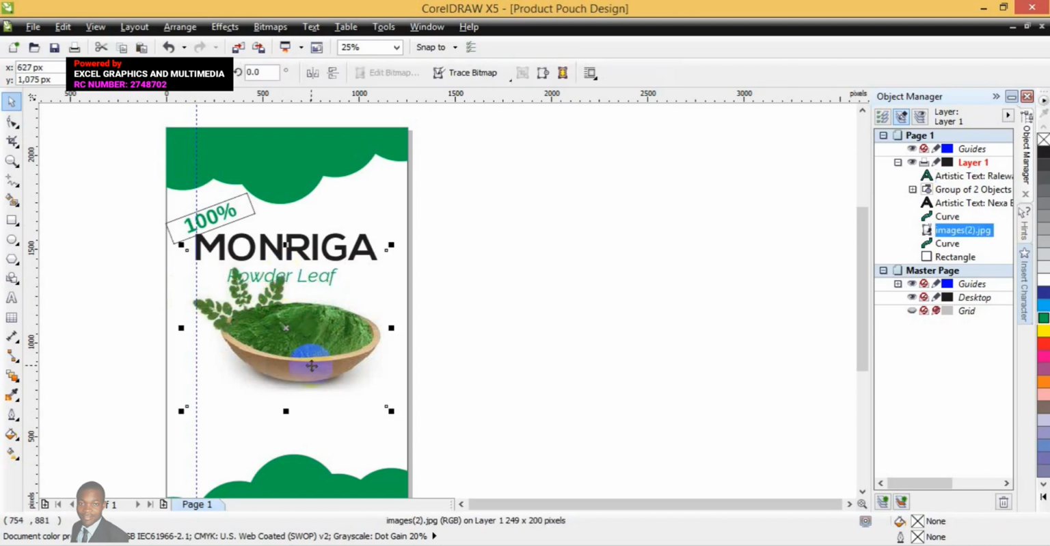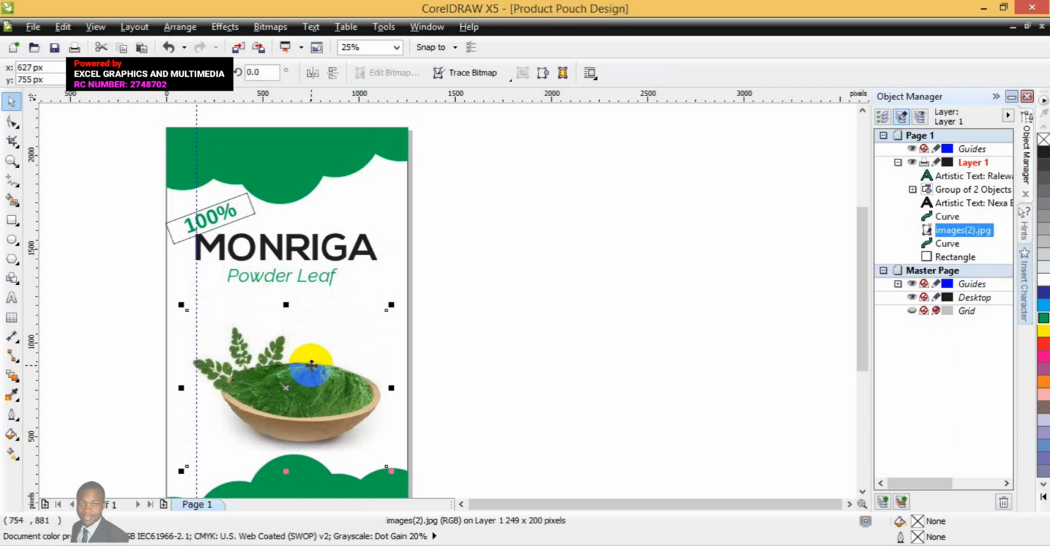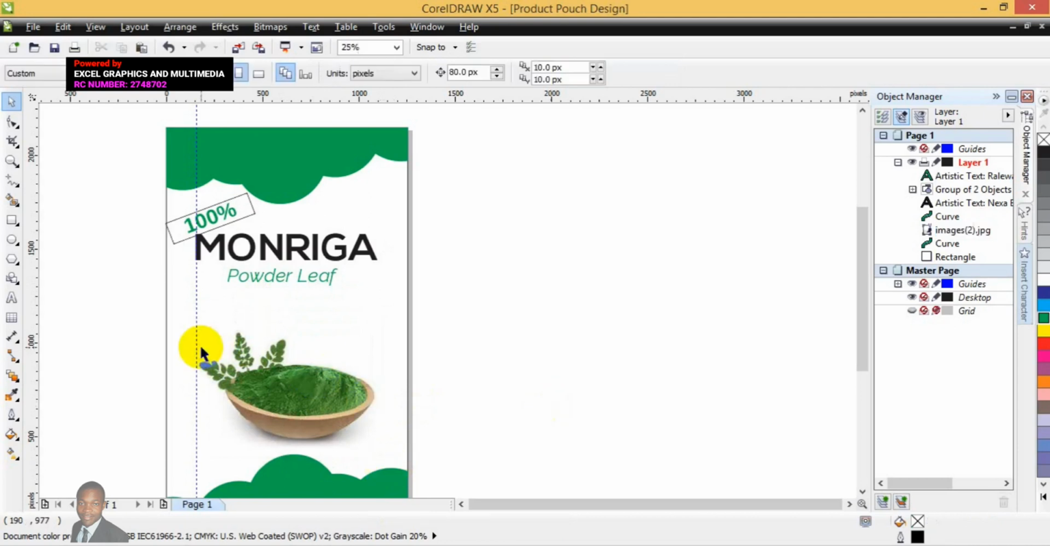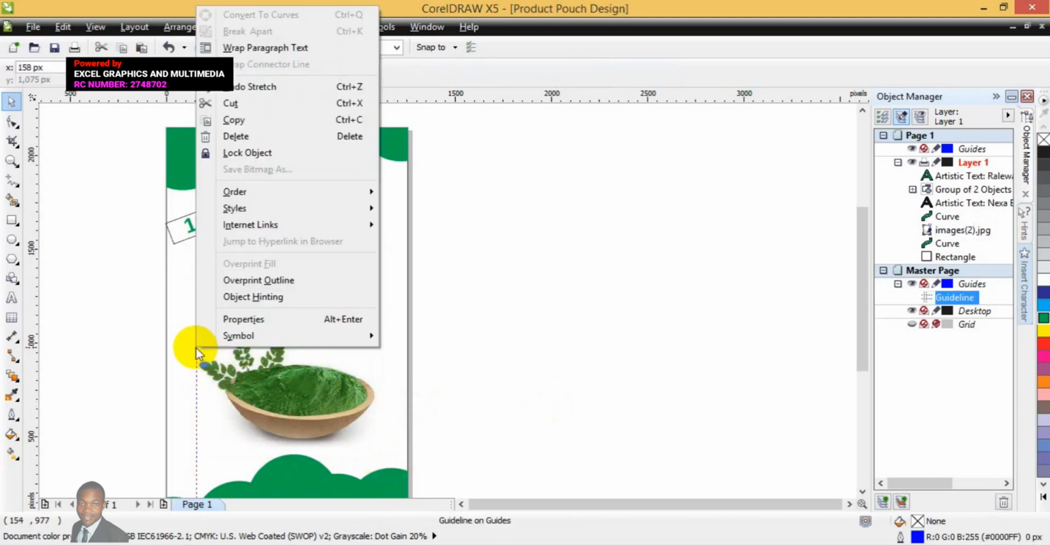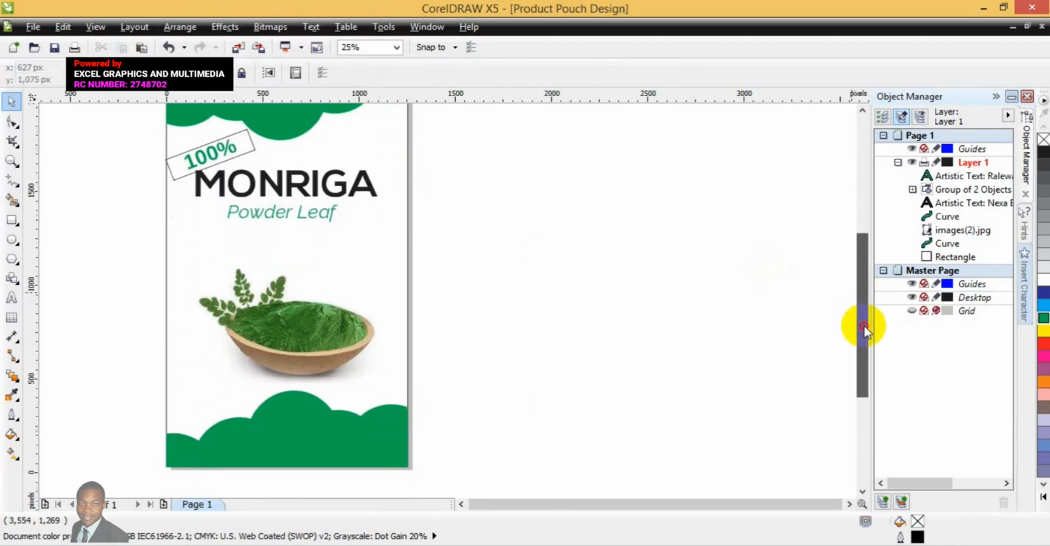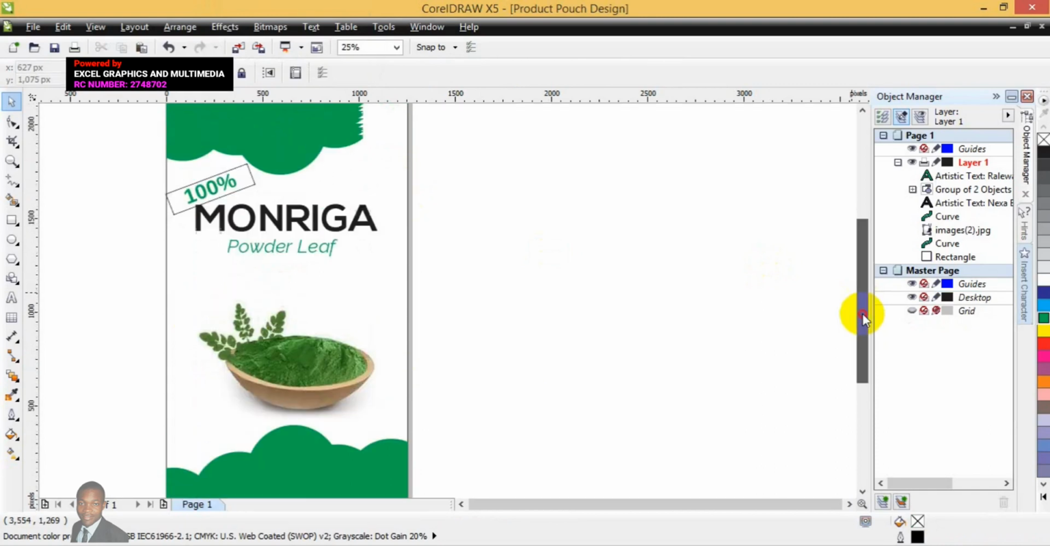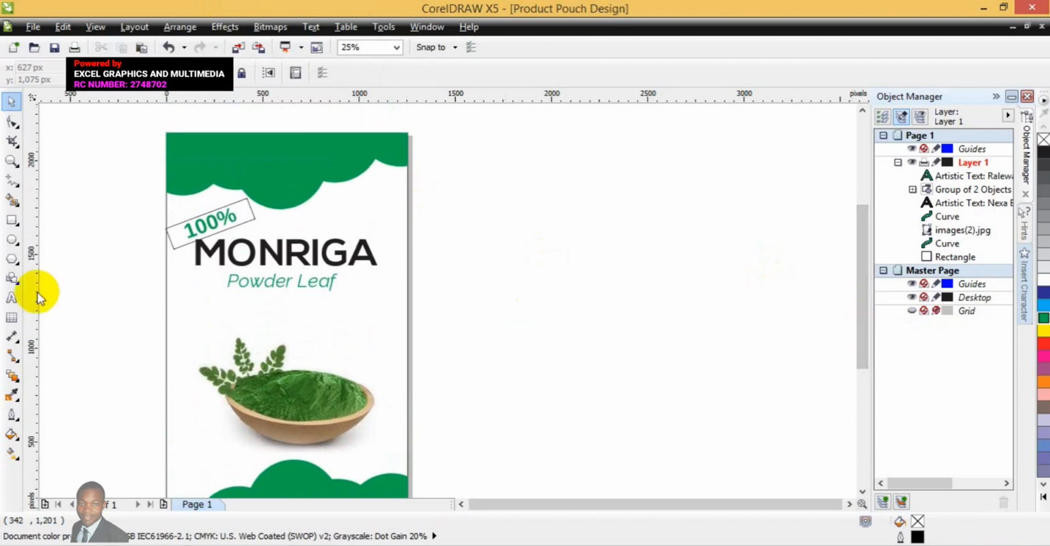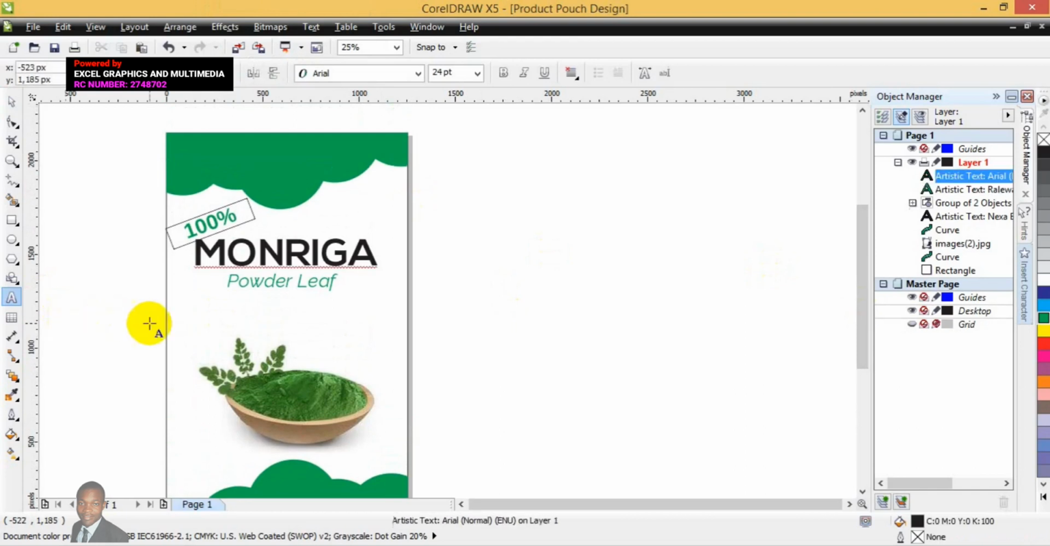Okay, so let's take our stock photo down a little bit. Alright, then right click on this guide roller and choose delete. Okay, so the next step to take now is to write another text by putting the company name. Go back to your text tools and write the company name, that is Excel Graphics,